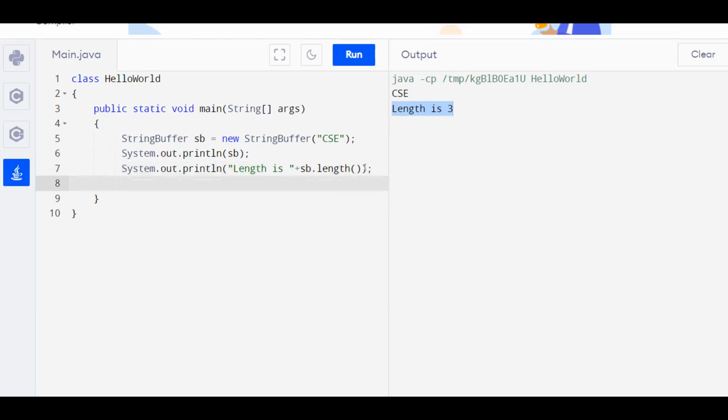Okay. For the same, let us print the capacity. Instead of length, we shall print the capacity.